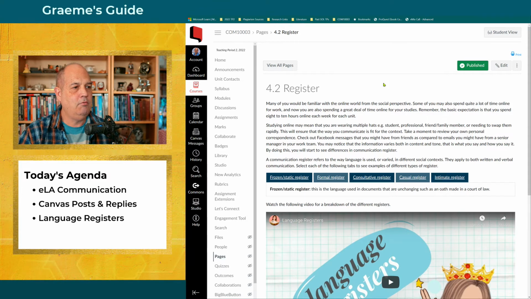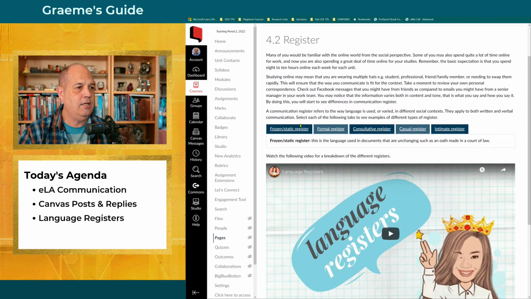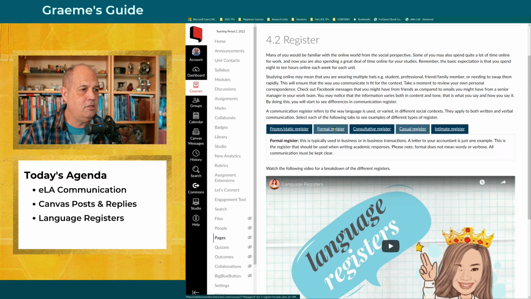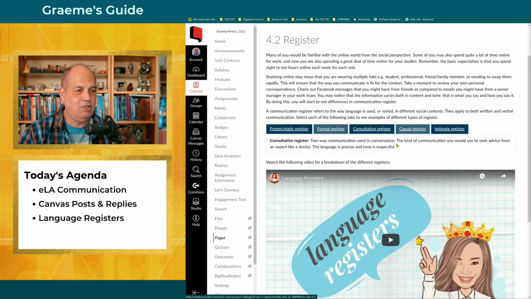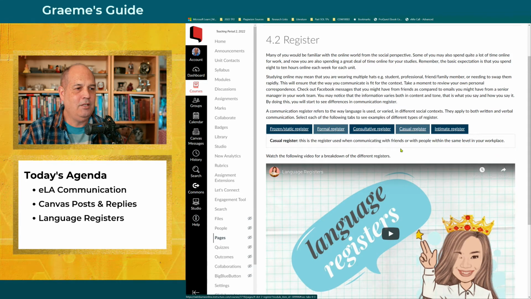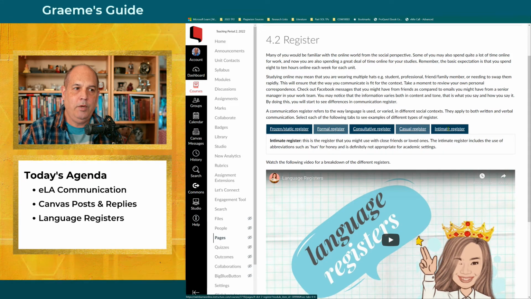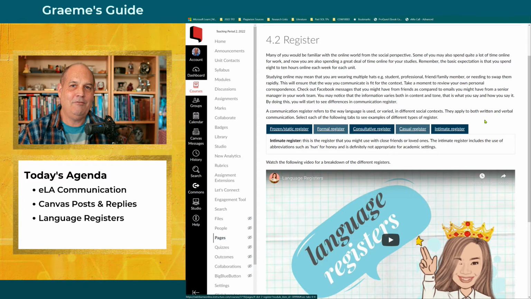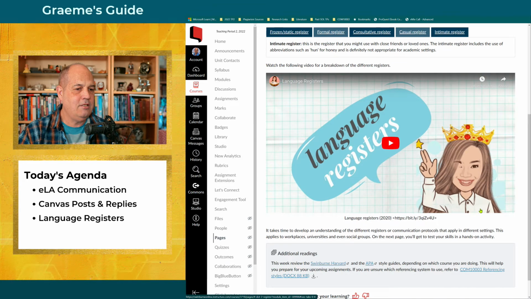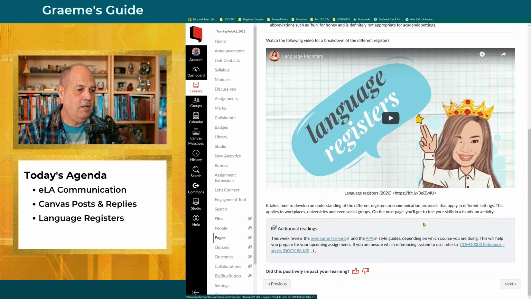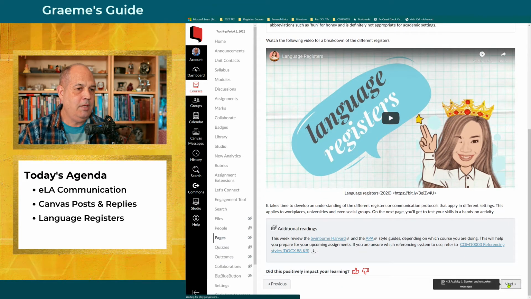So here is where it talks about language registers, and as you click on each of these, it will provide you with a description underneath of what it's talking about. I am going to provide another reading actually by Brown, who also talks about language registers. So look out for that. I'll probably try and upload it before I post this Friday live video. So there's some information about the language registers. And let's go to the next page.